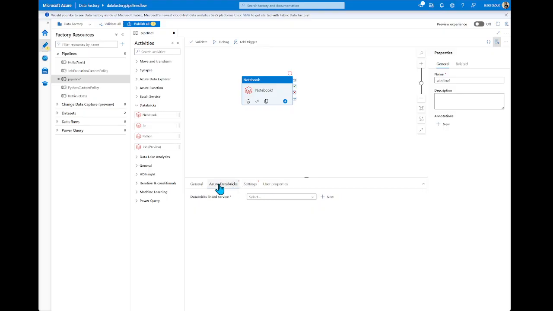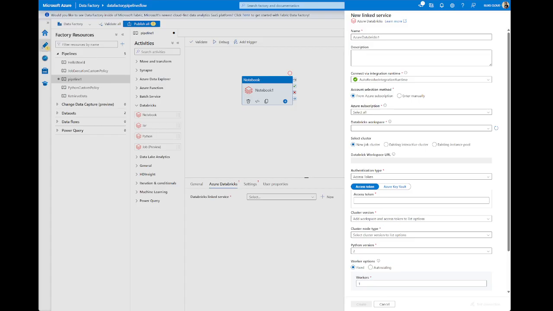In the second tab, you can see a linked service, and you should create, as I mentioned, a linked service to Databricks. To create this, you need to specify an integration runtime. By default, this is the auto-resolve integration runtime provided by Data Factory. So everything that we are going to execute will use these hosted services.